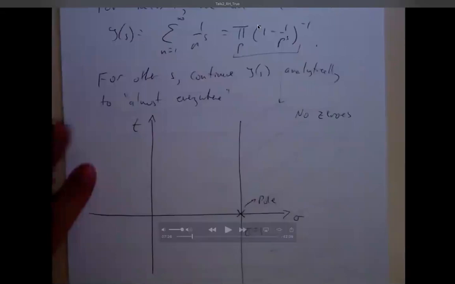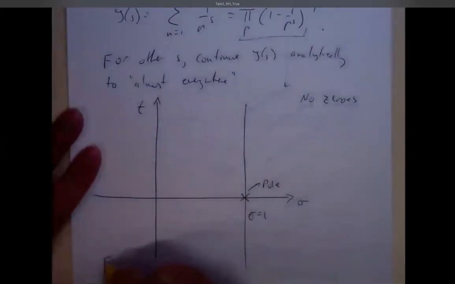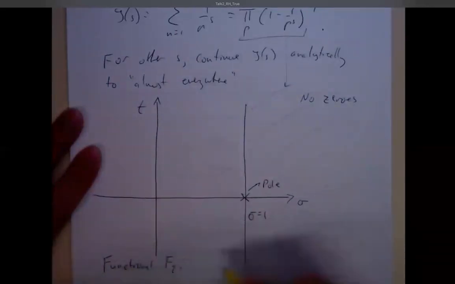But roughly speaking, each of these terms in here is non-zero. Therefore, with a bit of hocus pocus, the product is non-zero. Because I can write this as a product of non-zero things, that says that in this region, the real part of s bigger than 1, there can be no zeros for the Riemann zeta function. So you get that more or less for free. And I'm a very old-fashioned, lazy fellow. I think if you can get stuff for free, you're on to a good start. So right off the bat, we have no zeros to the right of sigma equals 1.